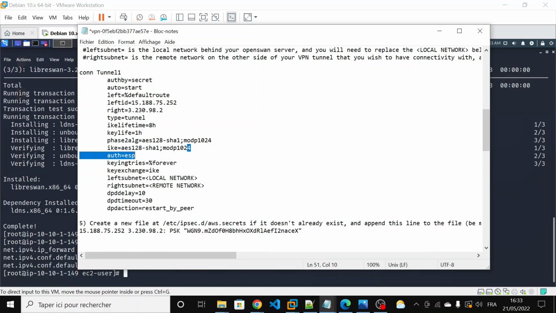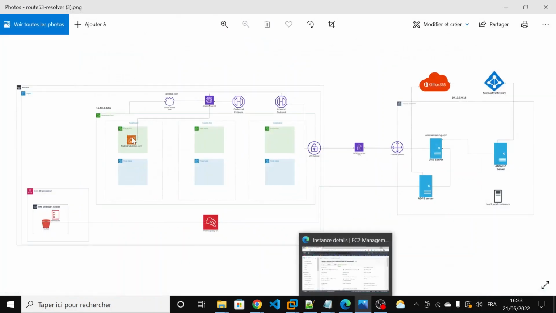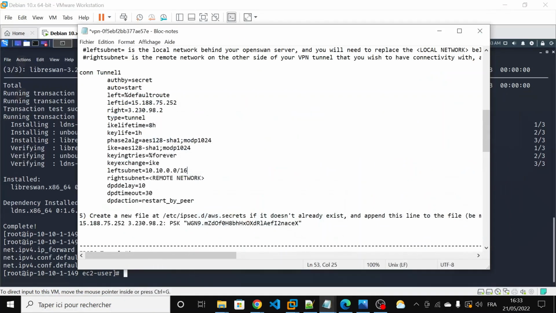So we remove this line, and here the left subnet is the local network behind your OpenSwan, meaning this IP address that we have, 10.10.0.0/16, and the remote network is the network on the other side of your VPN, meaning this VPC CIDR block IP address. So it is 15.10.0.0/16, and then these